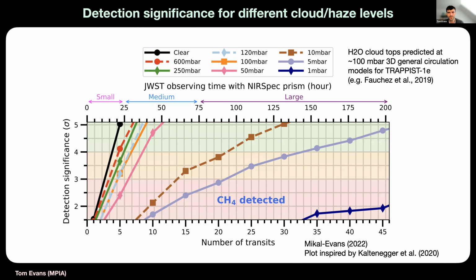I also want to go back to this plot and consider the detection of methane for the 10 millibar cloud scenario shown by the dashed brown line. A 5 sigma detection would require about 30 co-added transits in this case. What sort of precision does this correspond to on the transmission spectrum, and is it realistic? That's the sort of question I'm interested in as an observer. Does the assumption of 30 co-added transits with 1/√n noise binning translate to measurement precisions that are realistic, or unrealistically optimistic?